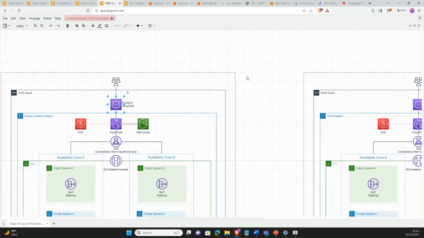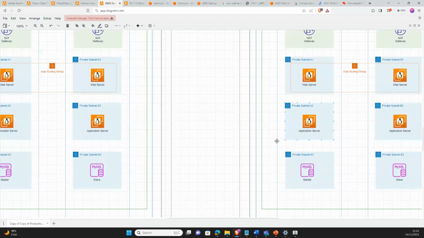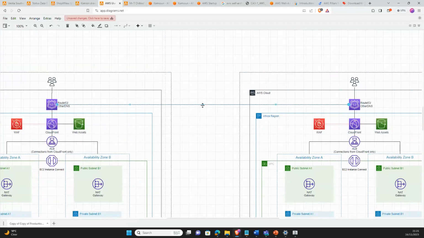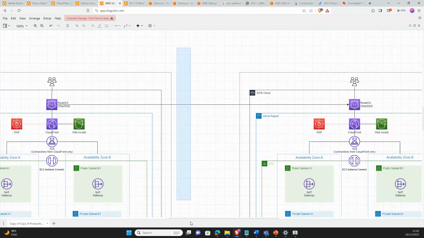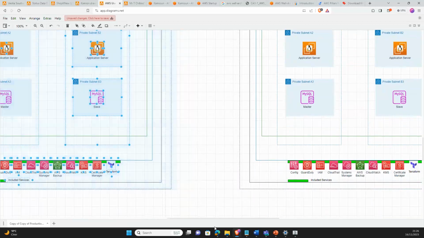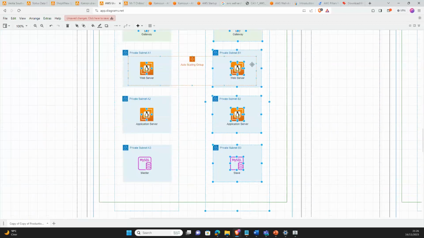So this Route 53 can fail over to this other region, so that users can still continue to have access to our application. There will be downtime, but it will be less compared to if we had only our services in this availability zone and it went down.